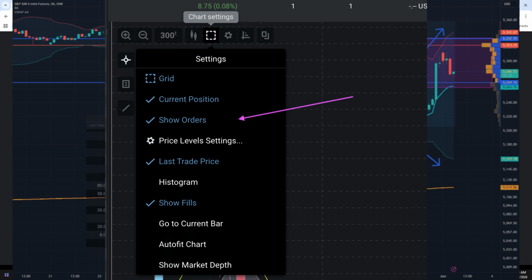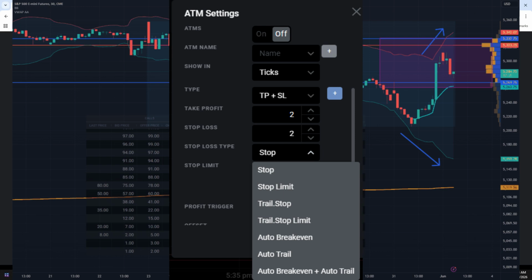So going back, once you've pulled up your chart settings, all I have to do then is to choose show orders. You will then be redirected to ATM settings, which is the automatic trade management strategies. All you have to do from there is, that's the time that you can add some specific features on your